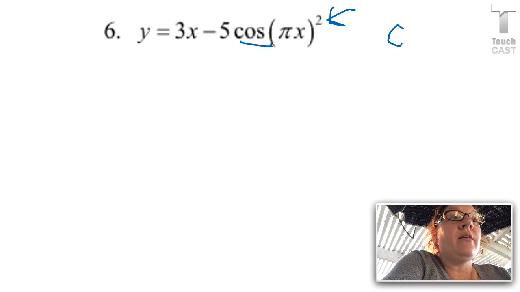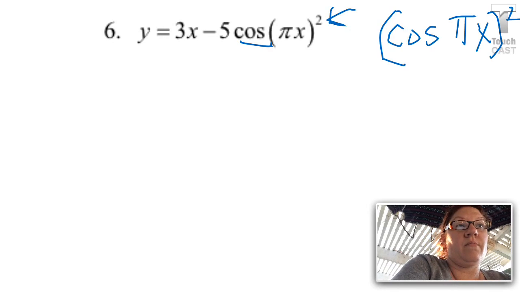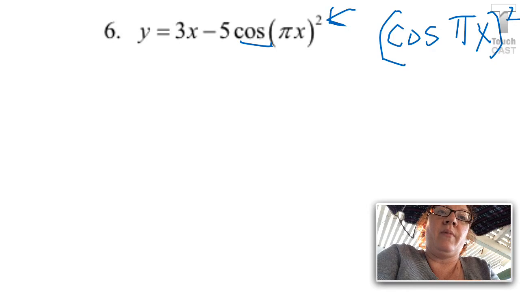It's not this. That squared is actually on just the parentheses. So I've got two things attached to that. So I'm going to have to deal with them separately. It's like having a peanut M&M. I first have to take off the shell, and then I have to take off the chocolate in order to get to the peanut. Okay, well, the first part, of course, that's the easy part because it's separate by itself,